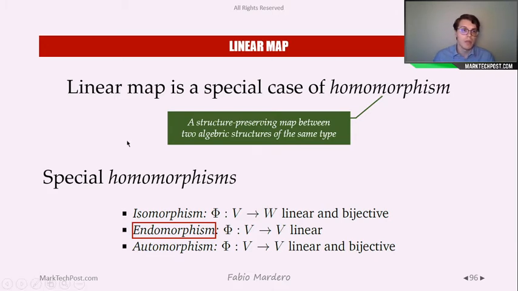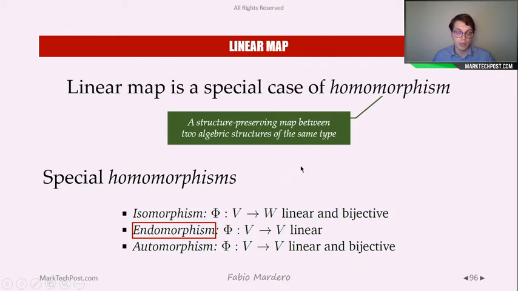For example, in linear maps, the two algebraic structures of the same type are vector spaces. We have defined V and W, that phi goes from V to W, two vector spaces. Okay, and which structure does the linear map preserve? Well, the linearity, so the addition and